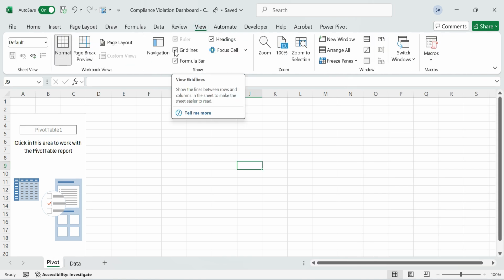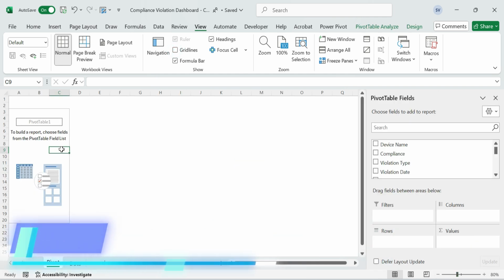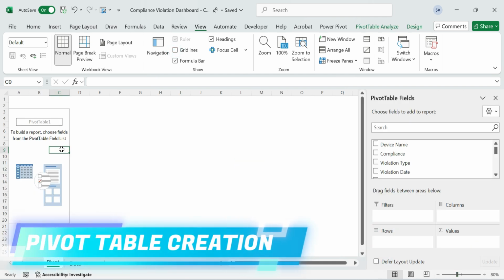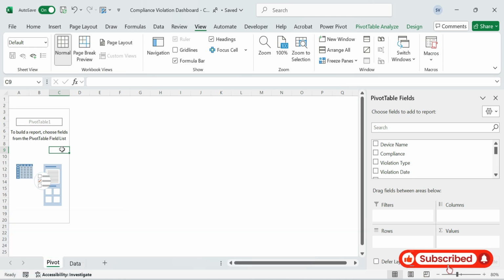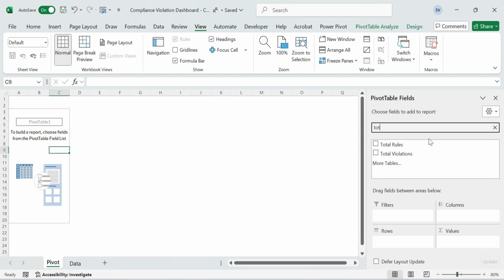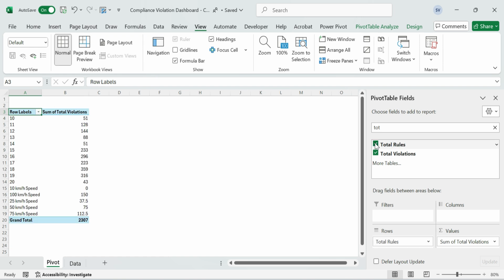Remove grid lines for a cleaner view. Now, we will create pivot tables to begin the analysis. First, create a pivot table for the Overview and Key Metrics section. In the Pivot Table Fields pane, drag the following fields to the Values area: Sum of total violations, total rules,